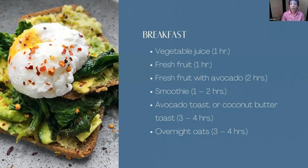All right, so let's talk about breakfast. These are some examples that you can have for breakfast. And like I said, this is just a starting point to give you a foundation, and you could build from there. You can mix and match. What you see in parentheses, those are conservative timelines for when that food or meal leaves your stomach. Okay, so